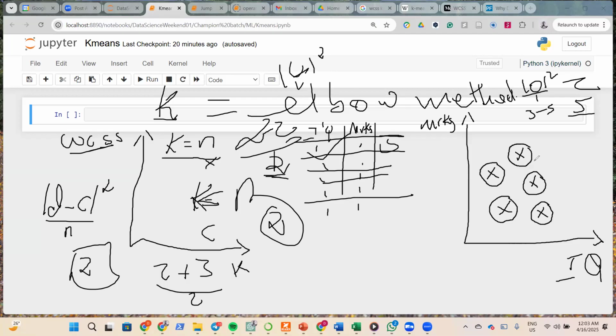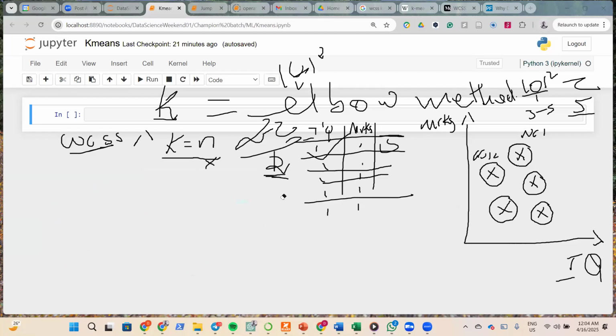If you have 1 cluster, you have WCSS 1. If you have 2 clusters, you take WCSS 1 plus WCSS 2, because WCSS is the within cluster. So if you have 5 clusters, you calculate the WCSS for each cluster: WCSS 1, WCSS 2, WCSS 3. If you have 3 clusters, you calculate WCSS for all 3 clusters. It's within cluster, so it's not like you calculate for this point and then link it with another. It's just per cluster. If we have an agreement on that,